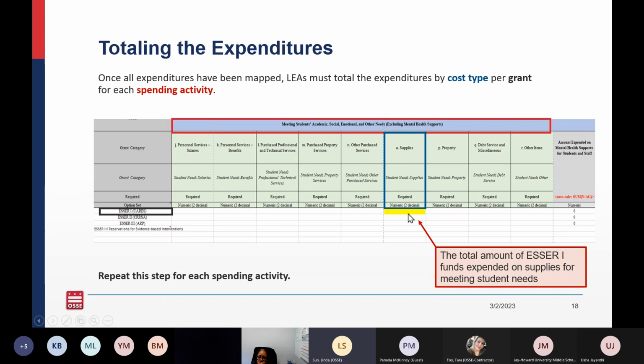So if you look here, this yellow piece that's highlighted, the number in this box would mean the amount of ESSER 1 CARES that you'll spend on meeting students' academic, social, emotional, and other needs, and specifically used on supplies. Right, so there's sort of different dimensions in this template, so just make sure you're taking the time to make sure you're understanding what should go in each cell before jumping in and filling it out.